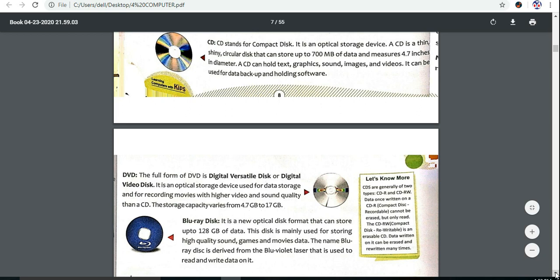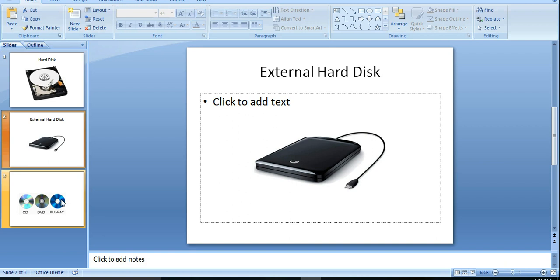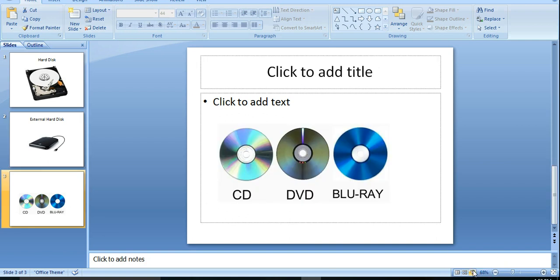One more difference is their name. CD stands for compact disc and DVD stands for digital versatile disc or digital video disc. You can see the figure. This is a CD, this is a DVD, and this is a Blu-ray.